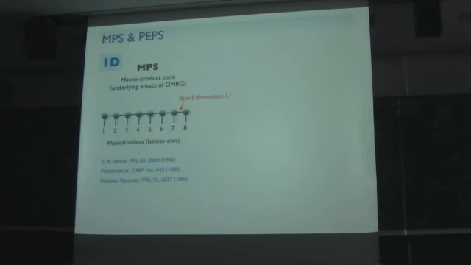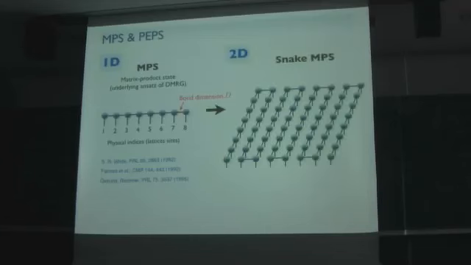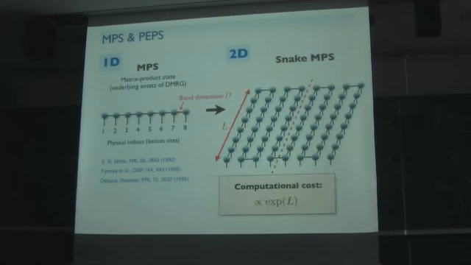So everyone knows what a matrix product state is. And one thing I would like to point out is that many people also use matrix product states to study systems in 2 dimensions by putting it on a 2-dimensional lattice here with such a snake structure. So that in the end boils down to mapping your 2-dimensional model onto a 1-dimensional system with long-range interactions, right? So one can do that. However, the problem is that